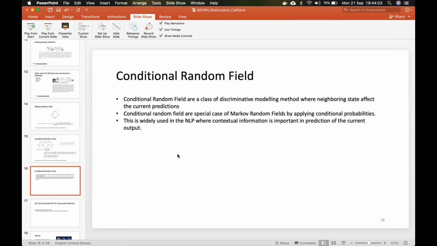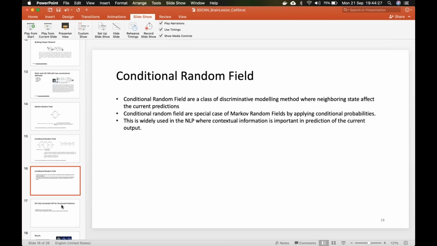It is a sort of regularization technique, where each voxel is predicted according to the state of the adjacent voxels.